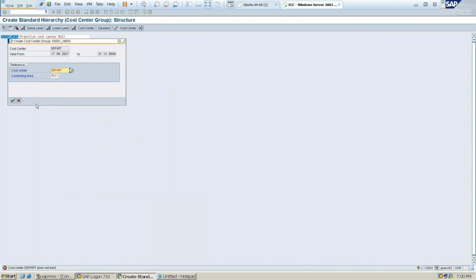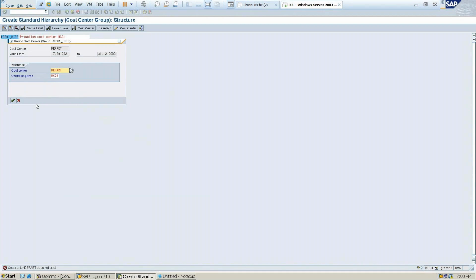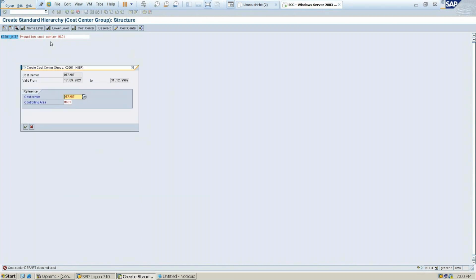So like this, you need to enter the different types of departments and create them. So it will create as a hierarchical. Write down this one. After giving this, you should click on this cost center. In that cost center, every cost center name, controlling area, tick. Once you have written, let me know.